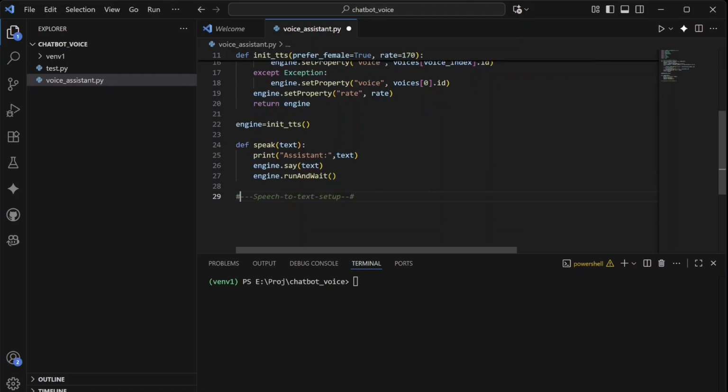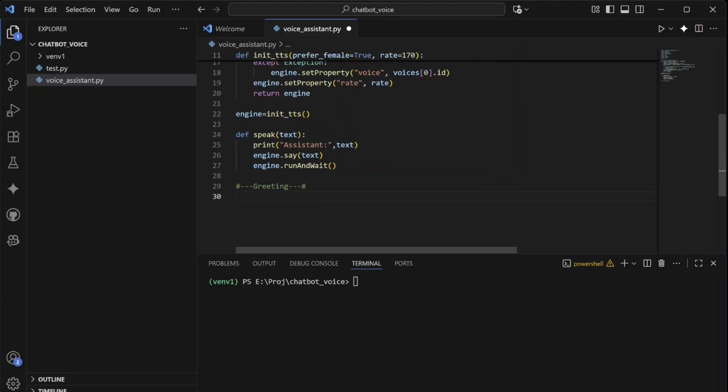Now we are moving into greeting. Fine. Wish user, so it will check automatically the date and time and hours. So based on that,